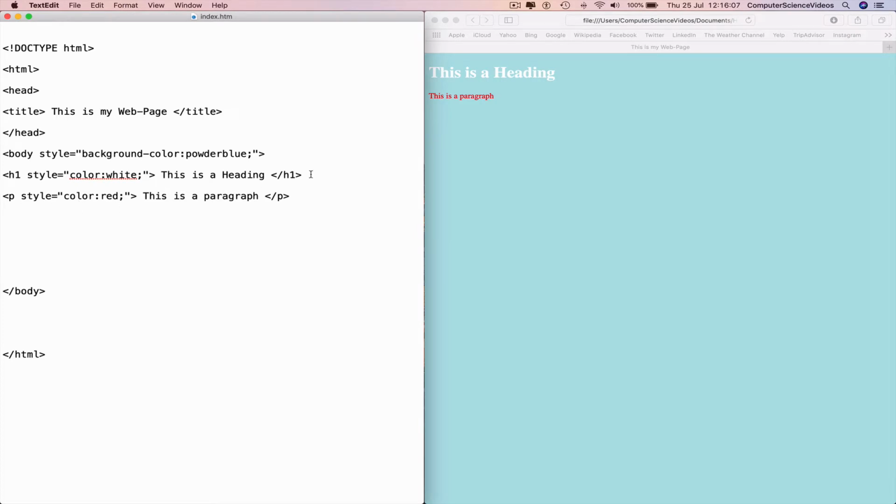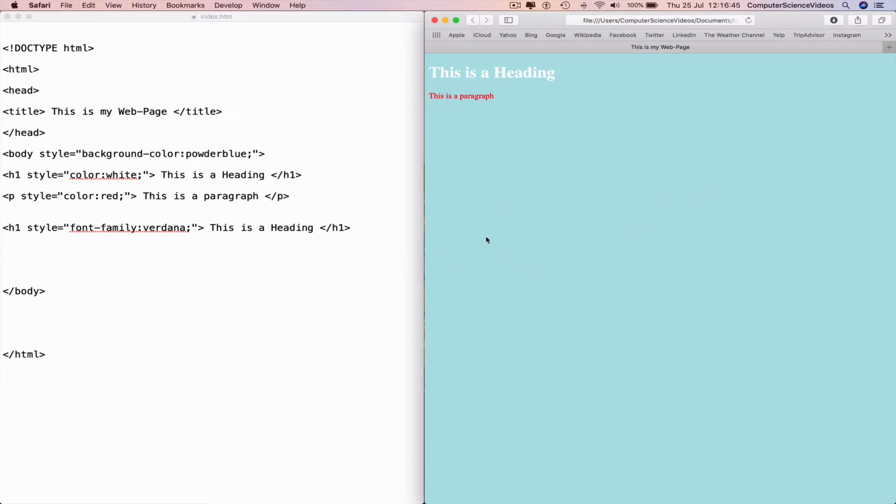And so now if I take the second line of code, highlight, copy, move to the next line, Command V to paste, we can change the color white code to font-family colon Verdana semicolon speech marks greater than, this is a heading, Command S to save, go to the web page, Command R, and now we have